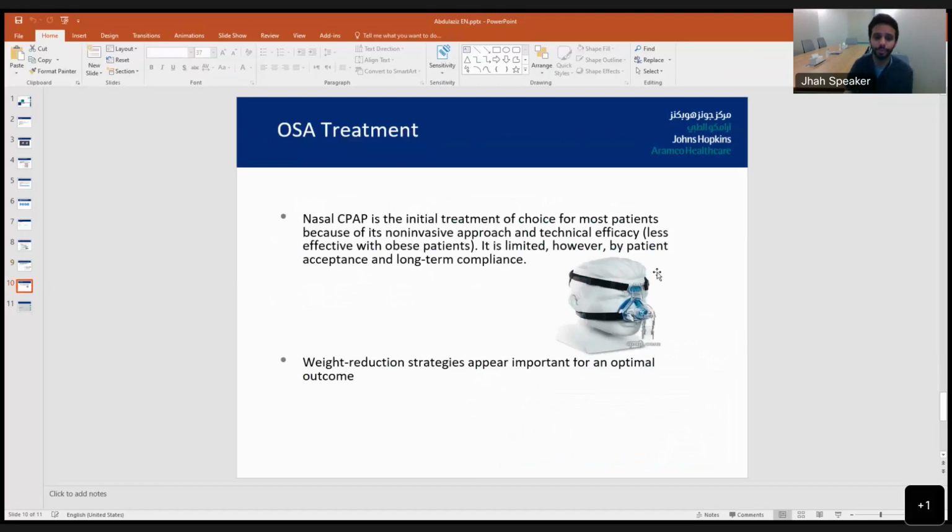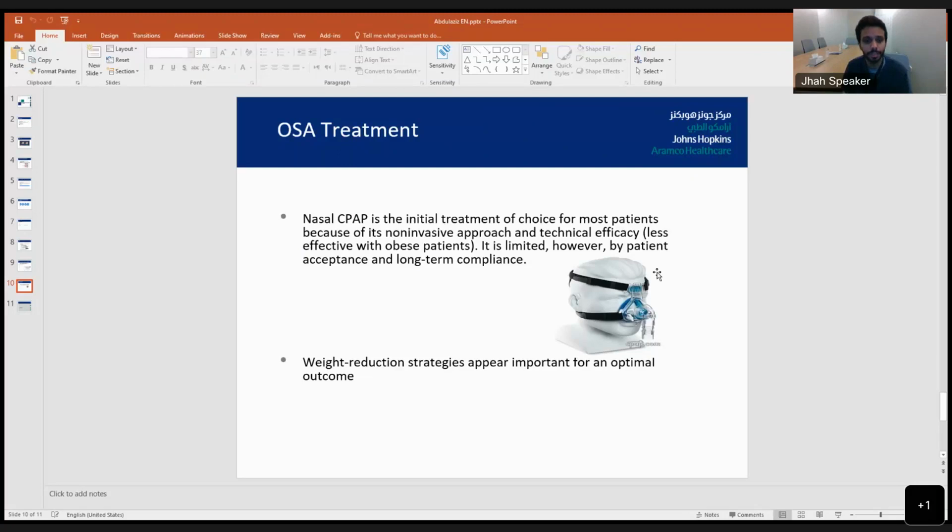So what is the treatment of OSA? Nasal CPAP is the initial treatment. So the initial treatment is we give the patient nasal CPAP. This CPAP will give the patient a constant pressure to keep the upper airway open. Because, as I said, there is an obstruction in the upper airway due to obesity, which will cause obstructive sleep apnea. So if you give the patient a constant pressure through his nose, this constant pressure will keep the airway patent and open. By this way, we're going to reduce the incidence of apnea, or sometimes we're going to have no apneas at all.